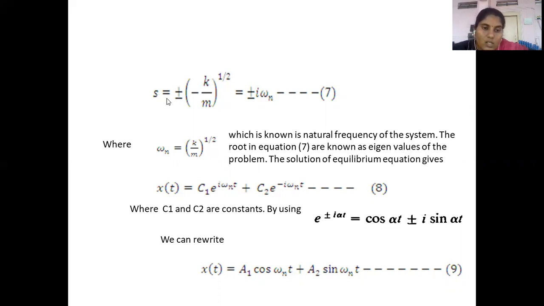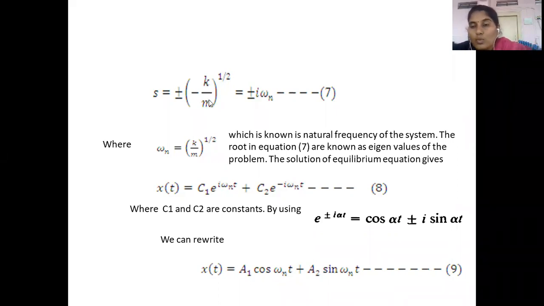So s is equal to plus or minus of k by m raised to 1/2. So s is equal to root of k by m, in terms of the plus or minus case. The minus one is shown by i square, already we know. If the minus sign comes, we will convert it in terms of the complex conjugate. So i square is equal to -1, so i will come here for this -1, but that parameter is in terms of the root.